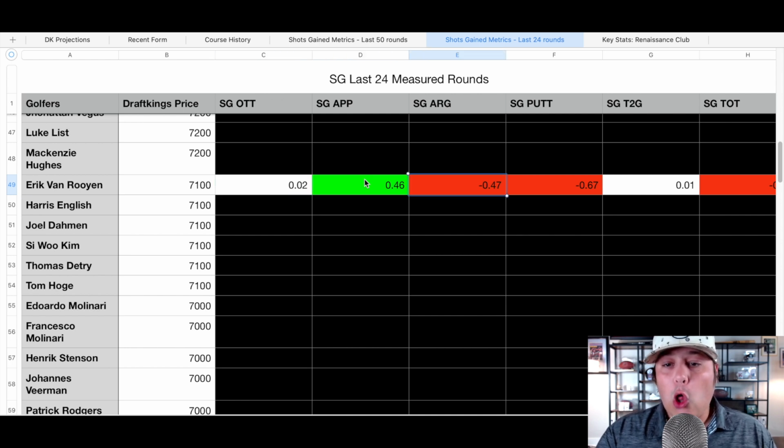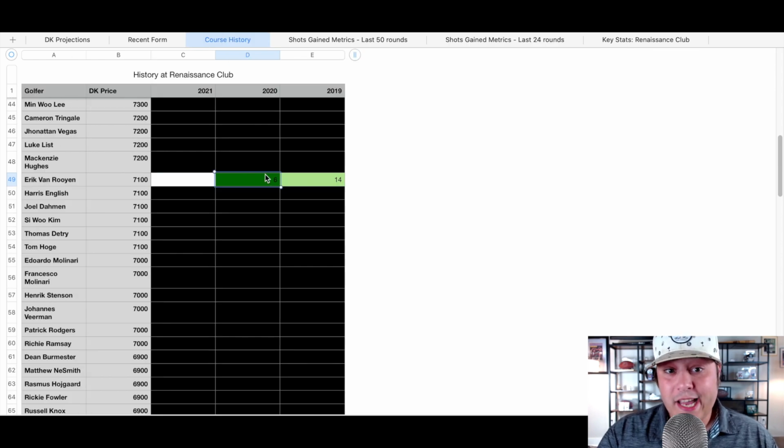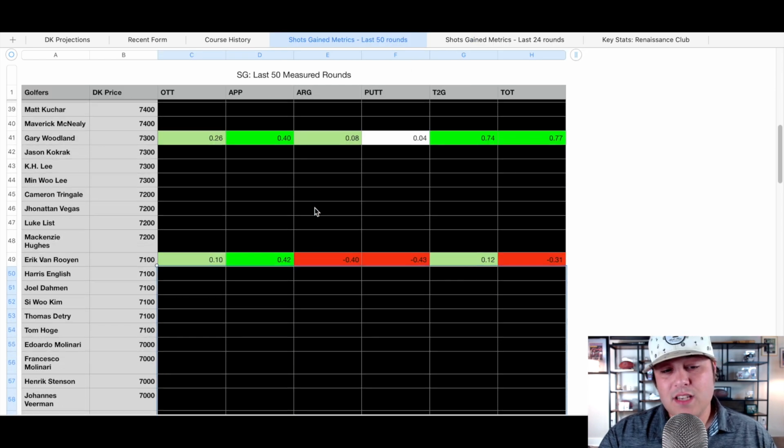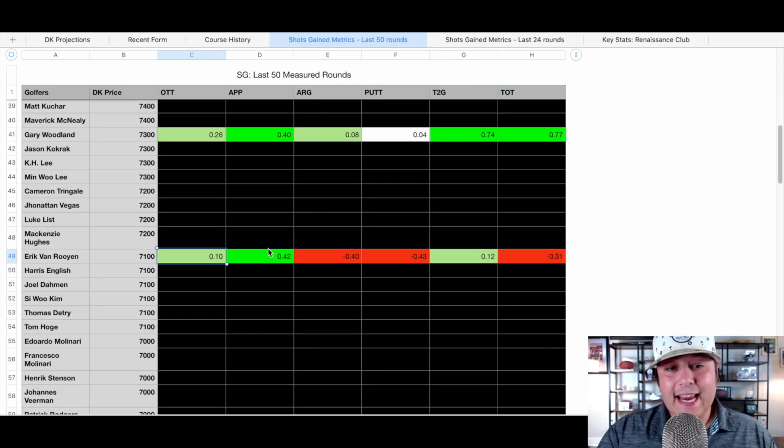It's going to be all about the putter, and at this venue, I think there's something to be said about the course history. It seems like he's figured out these greens, so if he can go out there, continue to ball strike it like he has, the approach play has been unbelievable for quite some time at this point. I mean, even over the last 50 measured rounds, you can see gaining off the tee, gaining with the approach play, and the putter not quite as bad. So